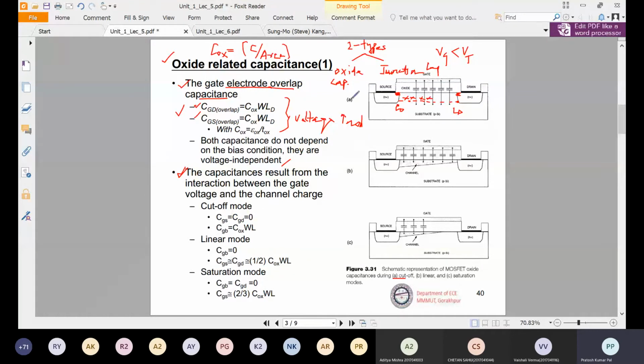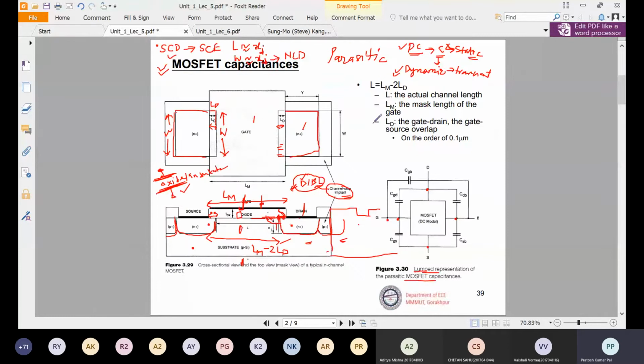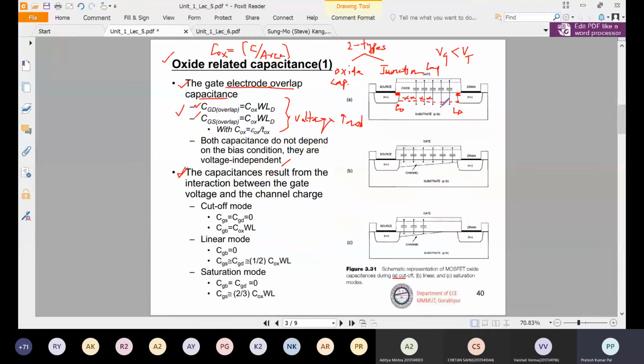Okay, so in the previous one we have seen that the gate to drain capacitance has two parts: one because of the overlapping and one because of the channel region. Because of the channel region and the drain region, there will be a capacitance. But in the cutoff mode of operation of a MOSFET, there will be no channel. If there is no channel, then there will be no gate to drain capacitance. Similarly, if there is no channel on the source side, then there will be no capacitance between gate to source. So CGS and CGD will be equal to 0. Is that clear? Okay. So next is